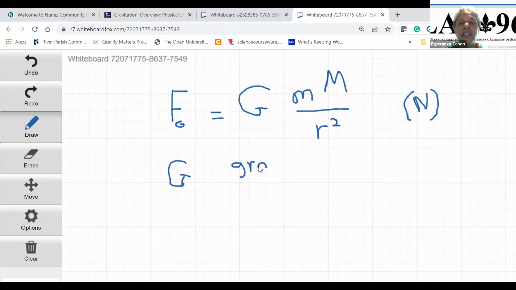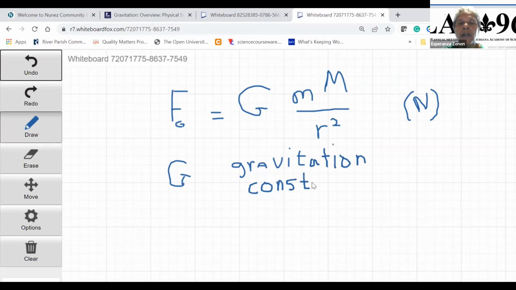Some books will call it the universal gravitation constant. Sorry about that. Gravitation, okay? Ooh, that's ugly. Okay, took me forever to write that. Okay, gravitation constant. All right. Now the question is, what is the value of it? Okay, so 6.67, some books will write 6.673